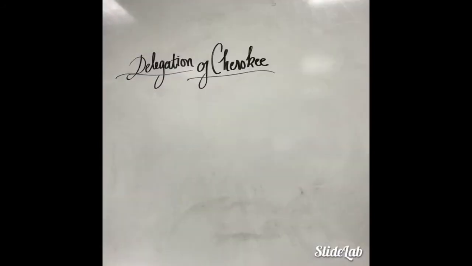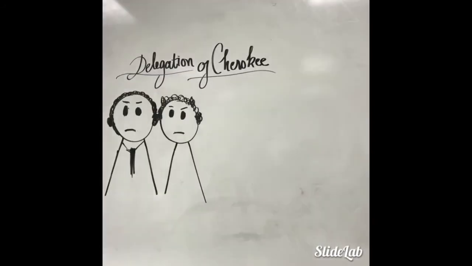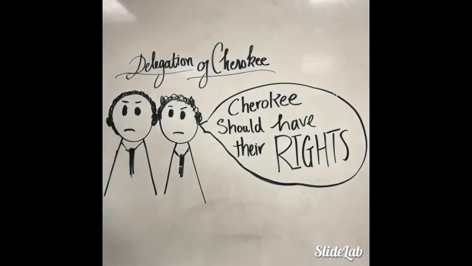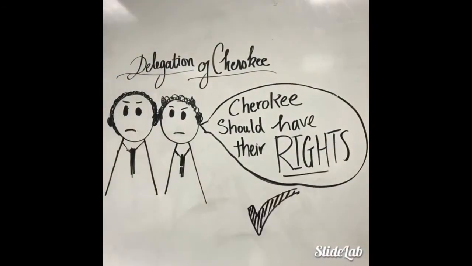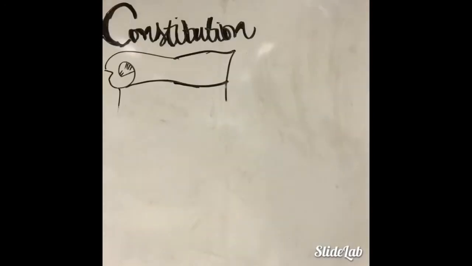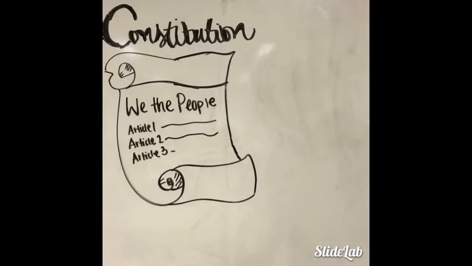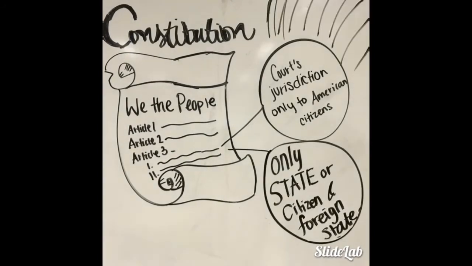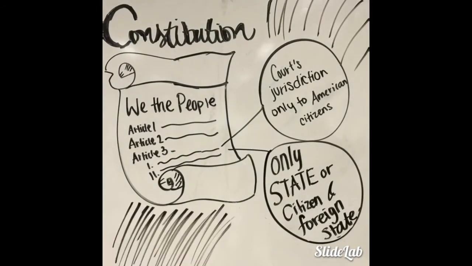In June 1830, a delegation of Cherokee led by Chief John Ross and William Wirt, the two selected to defend Cherokee's rights before the U.S. Supreme Court. However, according to Article 3 in the Constitution, the court can only listen to suits made by a foreign state or American citizen.